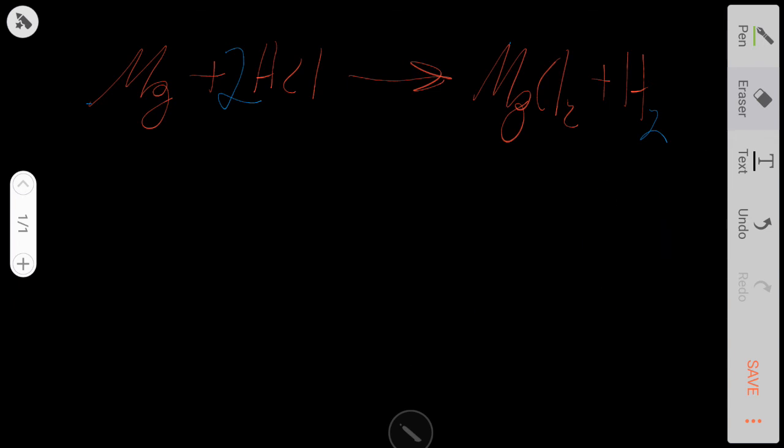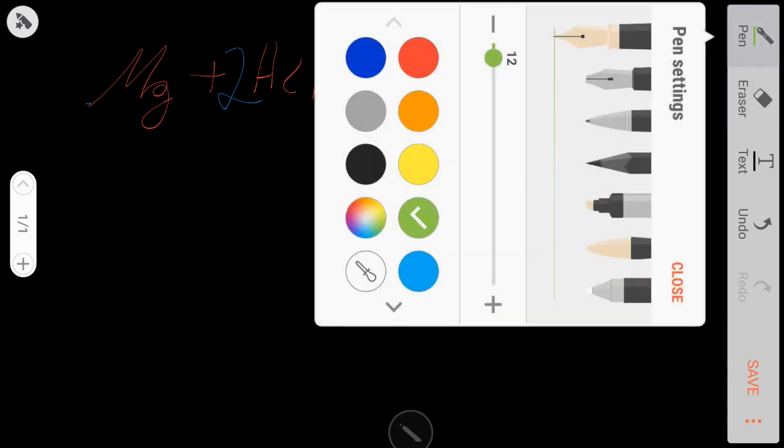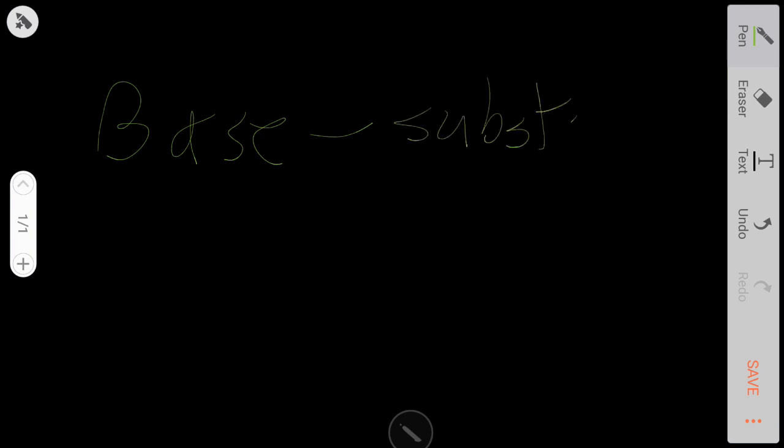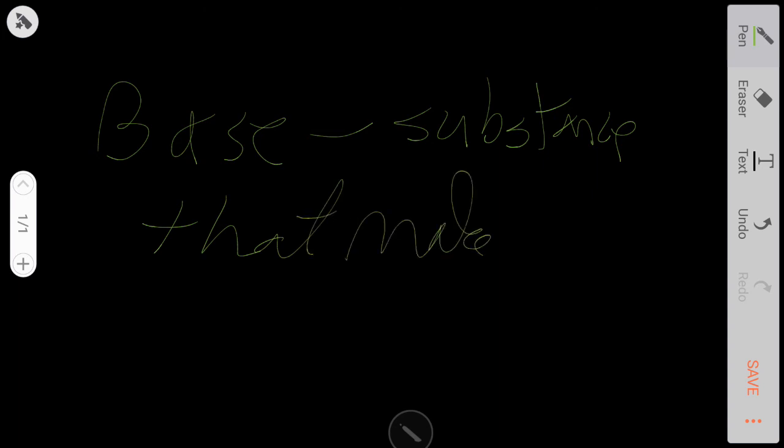Next is bases. There's no bases here, so I think we're good to go on this. I don't want you guys to have nightmares about magnesium and hydrochloric acid coming together. So bases, what is a base? Let's drop that base. Substance that makes hydroxide